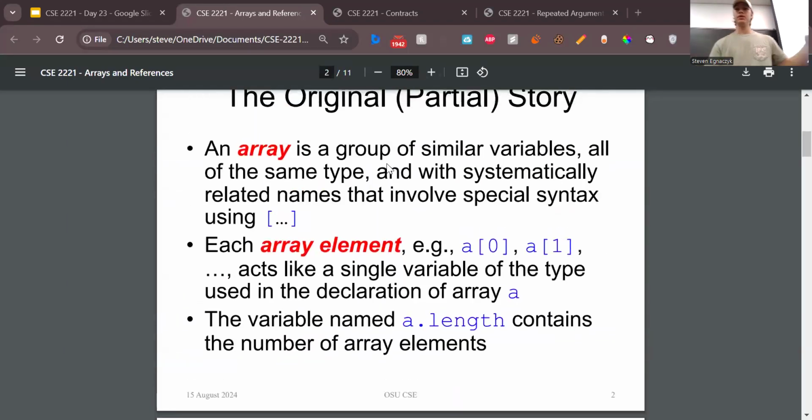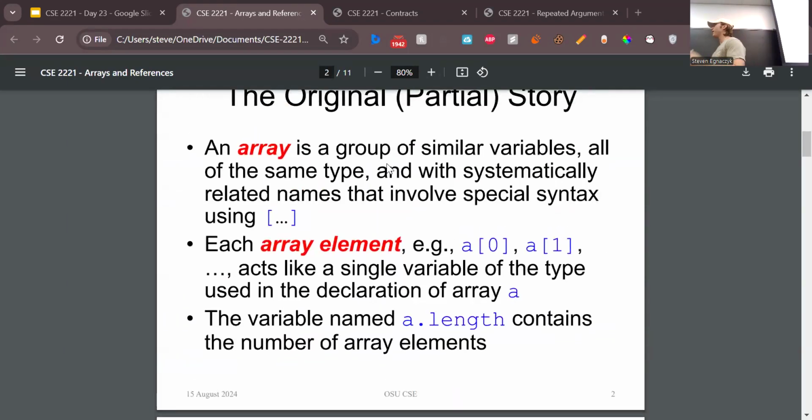Okay, so if you remember, we've been talking about arrays, which are a group of similar variables which all have the same type and which have systematically related names that involve special syntax using these brackets. So if we have an array A, I can refer to each of the elements in that array by indexing it starting at 0. So we have like A sub 0,